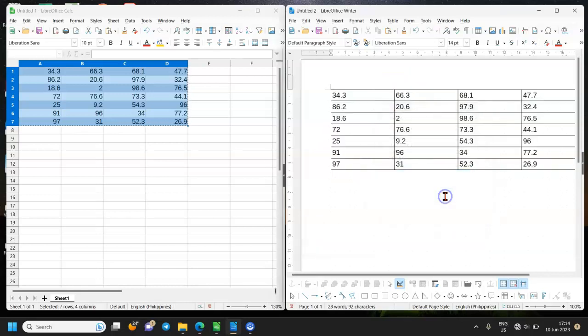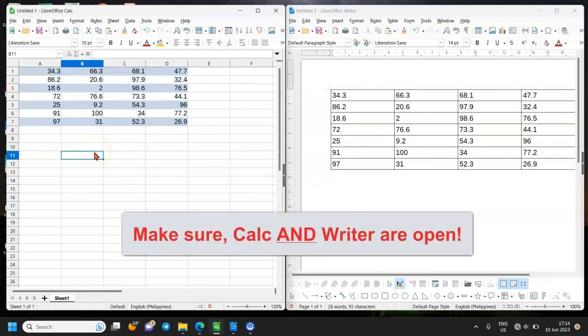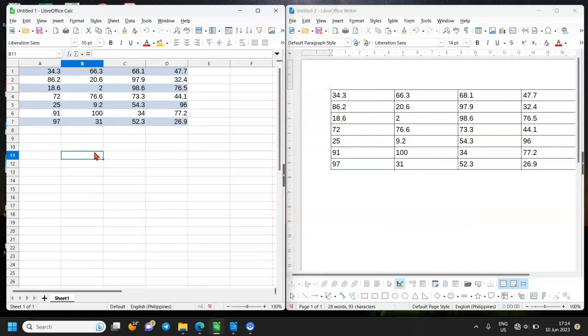We hit OK. So now we have a table in Writer, and if we select a value in Calc and change it, it will reflect after some time in LibreOffice Writer.